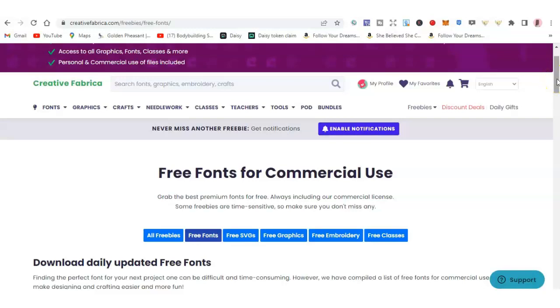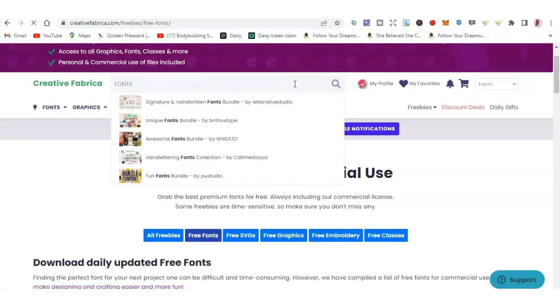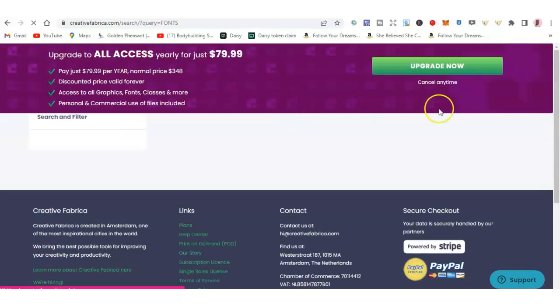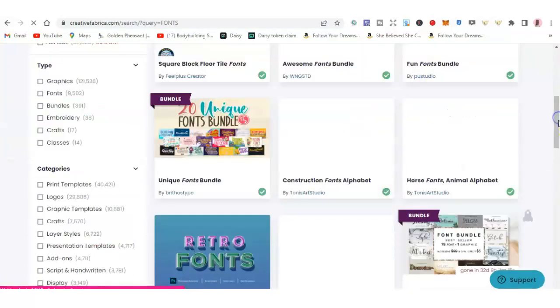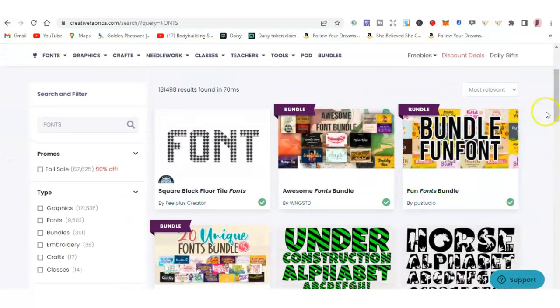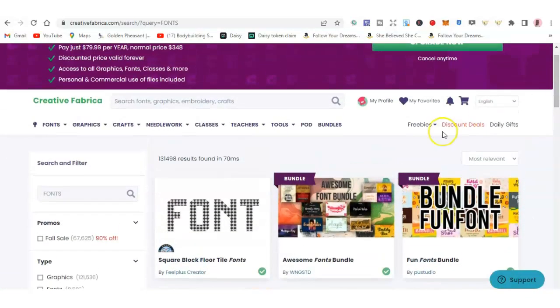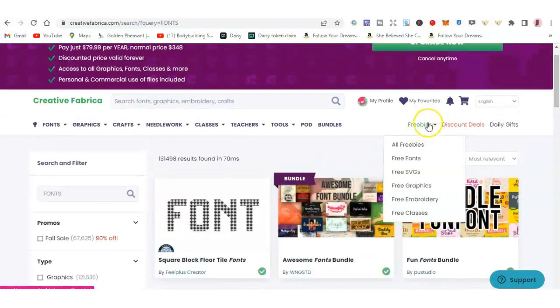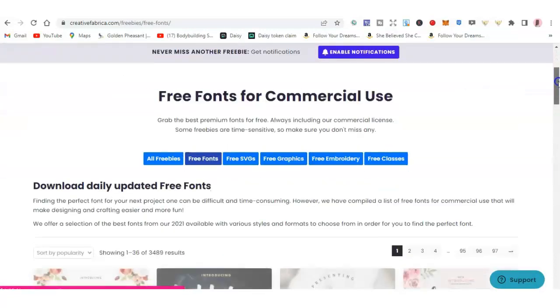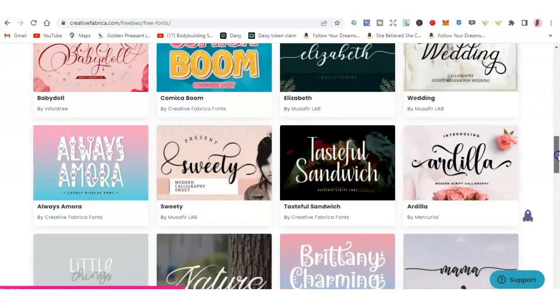So what you can do, either you can just look for fonts, so you can look for any font, or I will show you in a minute. So you can see any font, and what else you can do, on the right hand side at the top there is a freebies option. If you choose all freebies, you can choose free fonts, and you can just check which one you like better, and you can actually